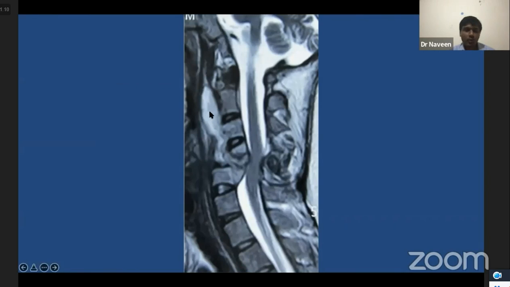This is a spotter. Here we can see a T2 hyperintense collection in the prevertebral space. We can see the destruction of the C3 and C4 vertebral bodies along with the intervertebral disc. This collection is spreading in the subligamentous plane. Spread of the collection is restricted by the prevertebral fascia. Posteriorly, there is subluxation of the vertebra with compression of the underlying cord. So this is a case of tuberculous spine with prevertebral cold abscess.